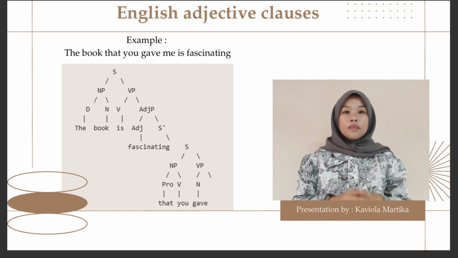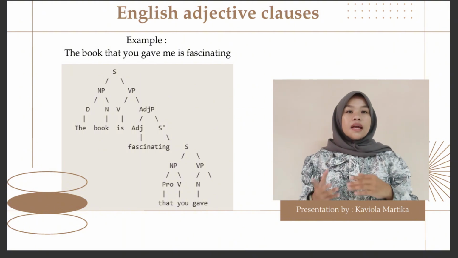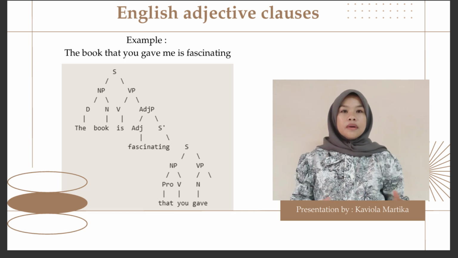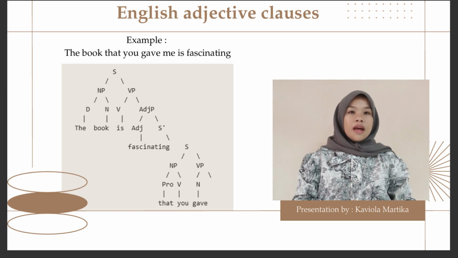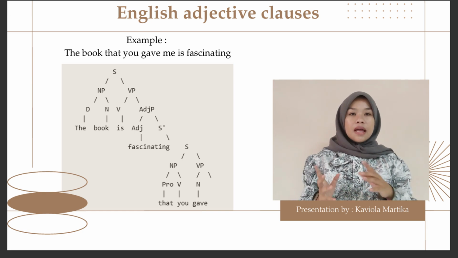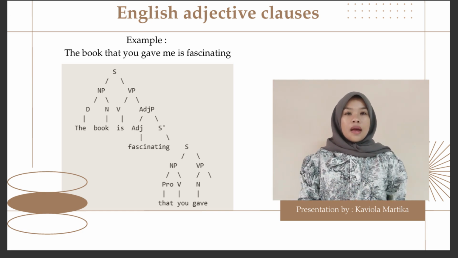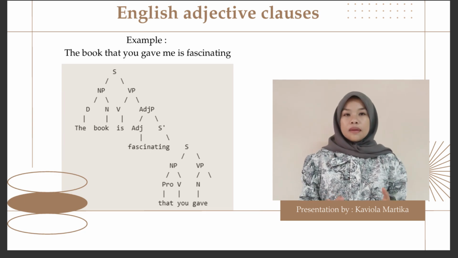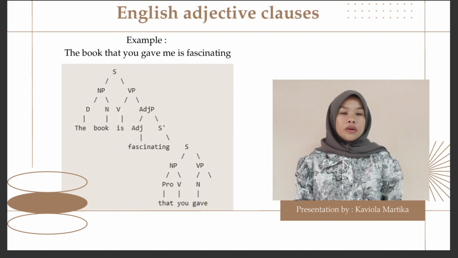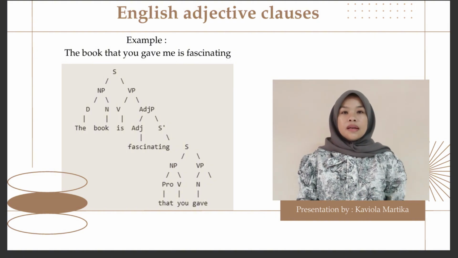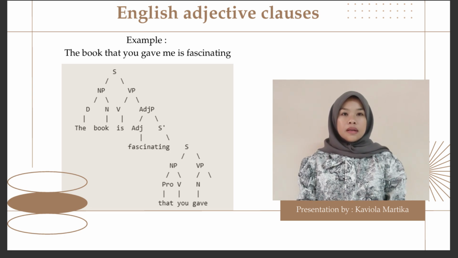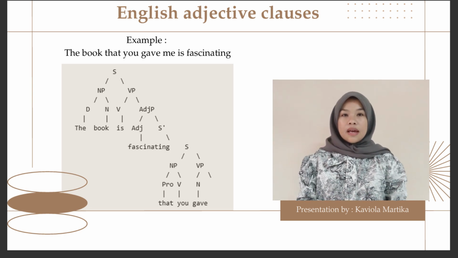The book is the noun phrase, where "the" is the determiner and "book" is the noun. The verb phrase is "is fascinating", and this verb phrase consists of the verb "is" and the adjective phrase "fascinating". Next, we look at the adjective clause, which provides additional information about the word book. This adjective clause starts with the pronoun "that", followed by "you" as the subject and "gave me" as the verb